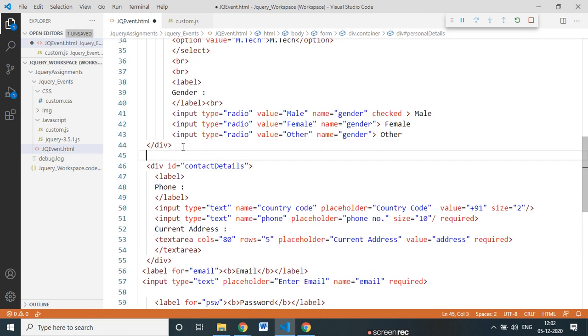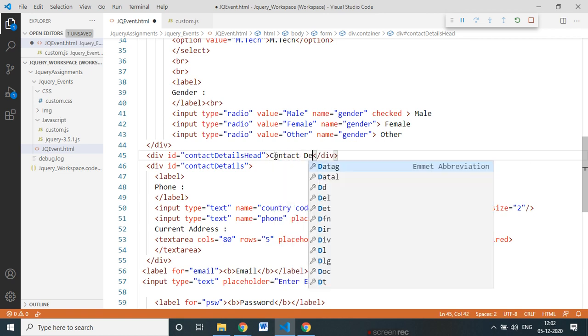In this I put the header, again I copy this div, put it here, and I say contact details head. And once you click on this head, I put here contact details.